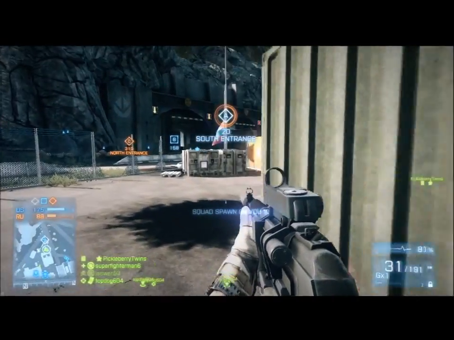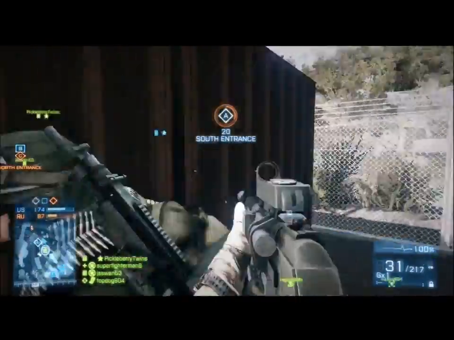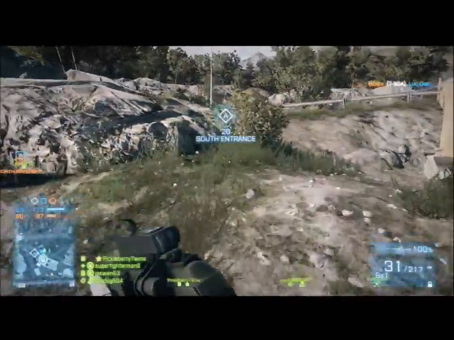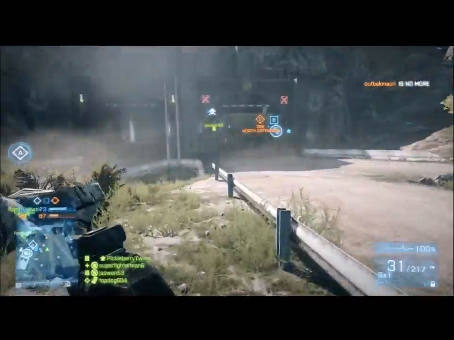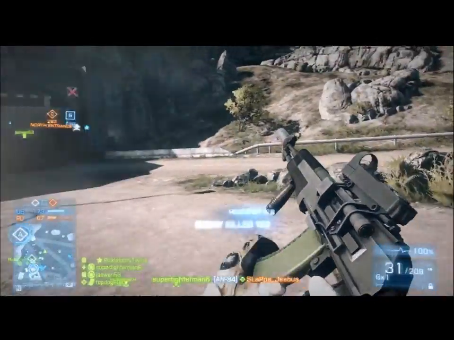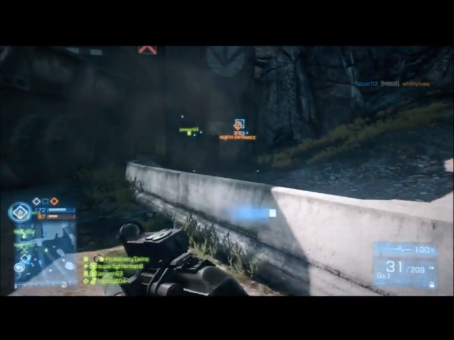The L85A2 is a pretty good long range gun. It has pretty low recoil, obviously the same damage, and once again a relatively slow reload, but that doesn't really matter. So if you're looking for a good long range assault rifle and you don't want to use a burst fire weapon like the KF2002,